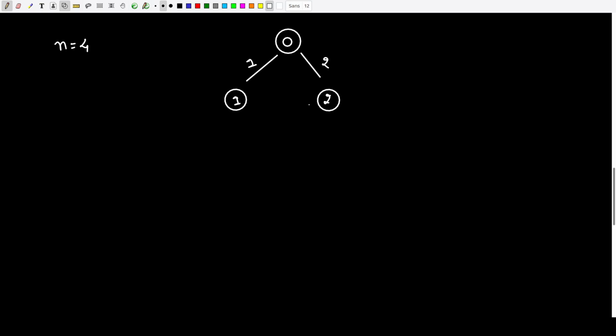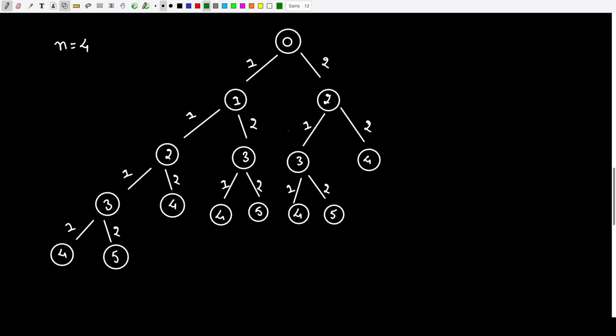And similarly, from each of these nodes, we have two options. So let us use this logic in order to populate our tree. If we use the same logic, we will be able to get this tree. Now, once we get this tree, all we have to see is which nodes are labeled as 4. So as we can see, this node is labeled as 4, this node is labeled as 4, 4, 4 and